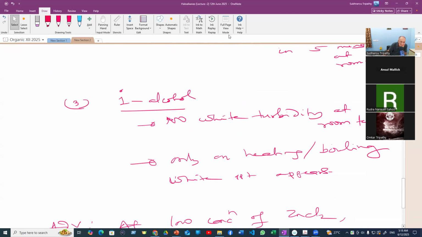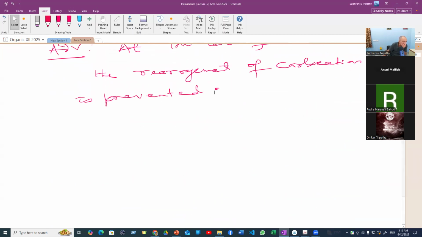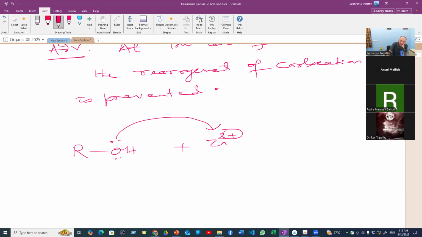How? Because this zinc chloride acts as a Lewis acid. H plus ion is a very aggressive Lewis acid. If you take zinc ion, then zinc ion will have a bond with